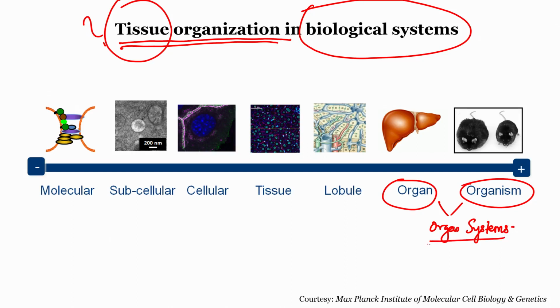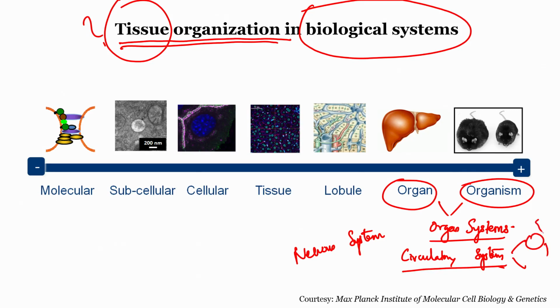So, what is an organ system? Let us say our circulatory system is an organ system. The nervous system is an organ system. An organ system is a collection of organs within an organism that can perform a set of functions. Take the circulatory system: it pumps oxygenated blood through the body, the different parts of the body use this oxygen, and it is circled back to the circulatory system where the deoxygenated blood is again revitalized with oxygen and pushed back into the body. So, like this we have different organ systems.